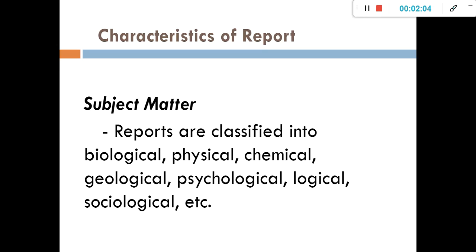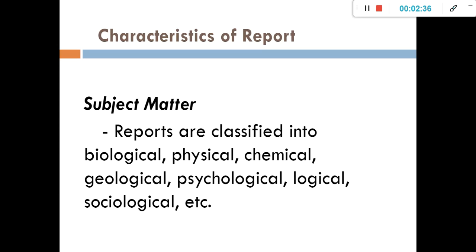So, hindi lang siya limited with biological. It is not limited to something that is physical, sociological, etc. So, it could be anything under the sun. Or let's say, for example, sabi natin last time, pwede natin gawa ng research report: what would be the more effective mode of learning to be used today? So, yung online learning ba na meron tayo ngayon, o yung before na ginagawa natin with the physical learning class or yung face-to-face learning classes natin. So, limited ba siya with biological? Limited ba siya with chemical? So, syempre hindi po.